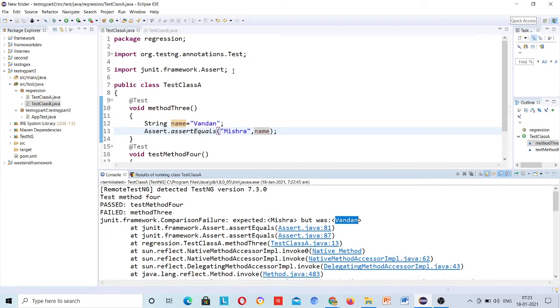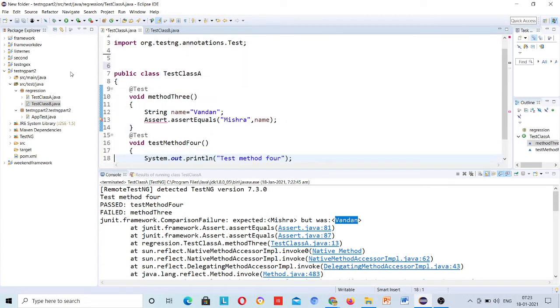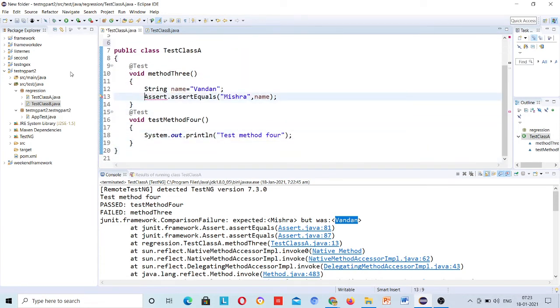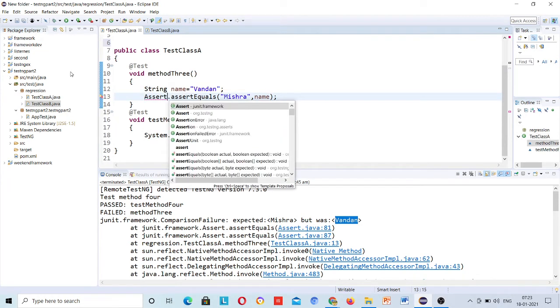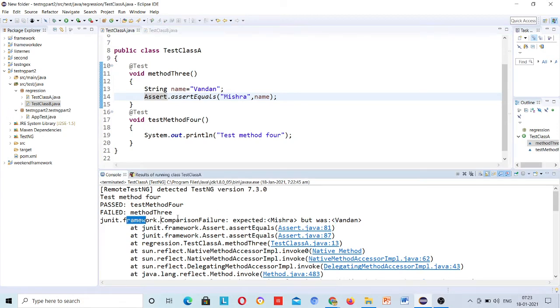But somehow, let me just remove this and import the TestNG one. Control-Space and import TestNG's Assert. Otherwise, here it worked fine, but in some other cases it will fail because you are importing the JUnit jar somewhere.